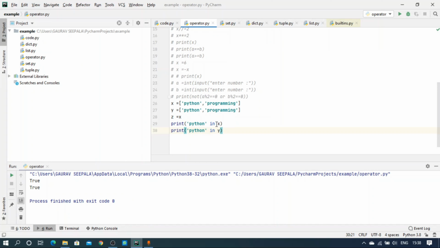So here the in operator just works like double equal to in the previous one, that is, the relational operator. It will just see the content. It will return true if the sequence with the specified value is present, and false if the sequence with the value is not present. Now let's see not in.